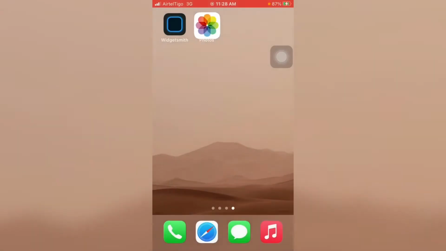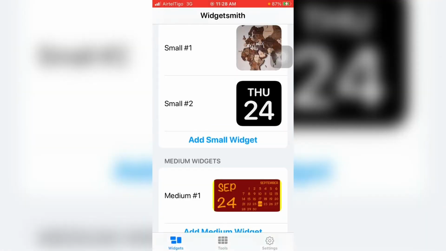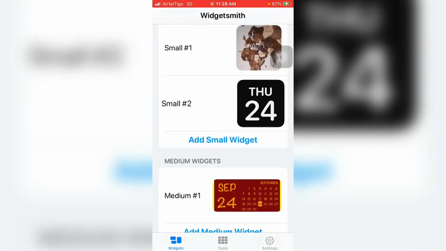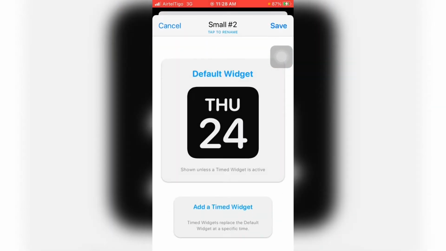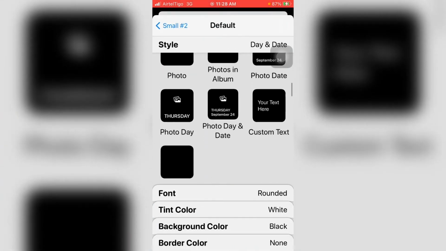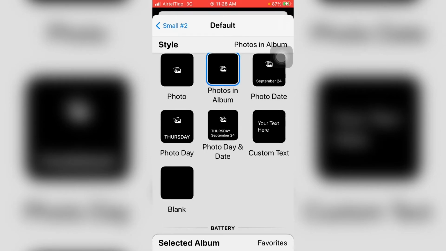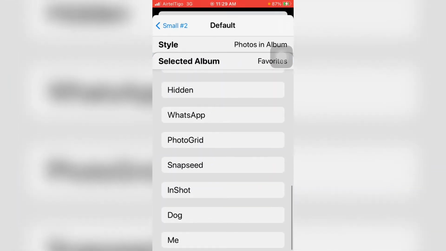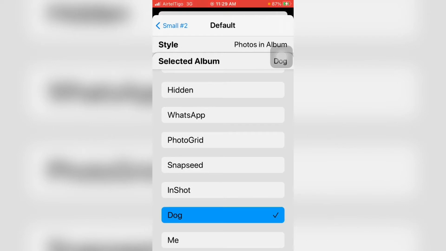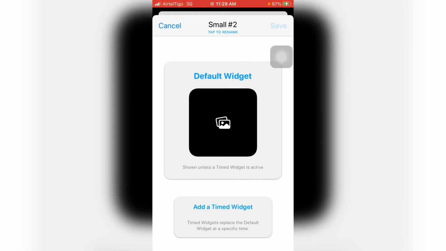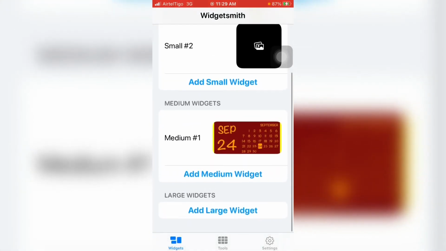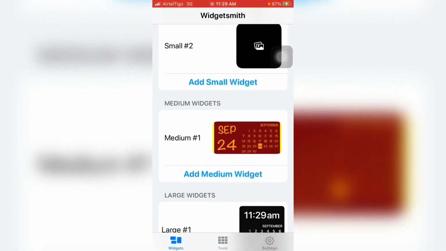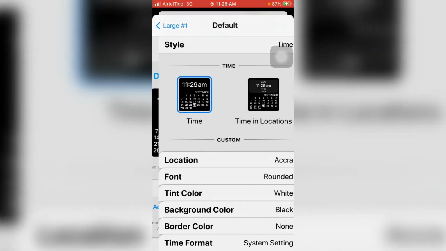Then you go to your home screen, click on widget, add small widget, click on number 2, click on default widget, scroll down till you see photos in album, click on photos in album, selected photo album, then scroll down till you see dog, then move back, click on the arrow, then click save, then you scroll down, add large widget, click on it, click on default widget, scroll down